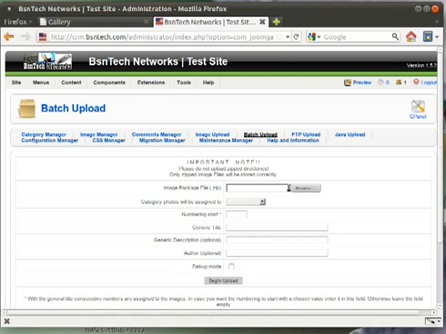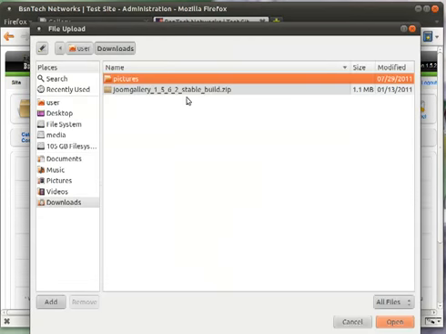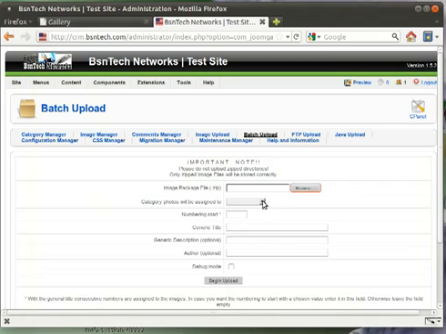So if you have 100 pictures that you want to add to your site quickly, you can just zip them up and then hit browse, and then you can actually find the zip file and then put it in here. Of course, you would then need to assign a category. Now the only category we have is camping trip, so that is what is available in the drop down. And then there's a generic title and a generic description that would then be applied to each and every picture